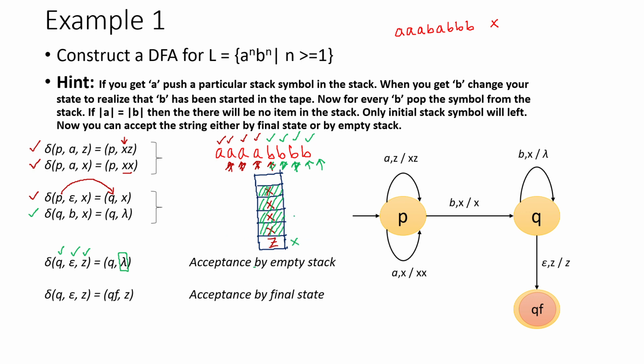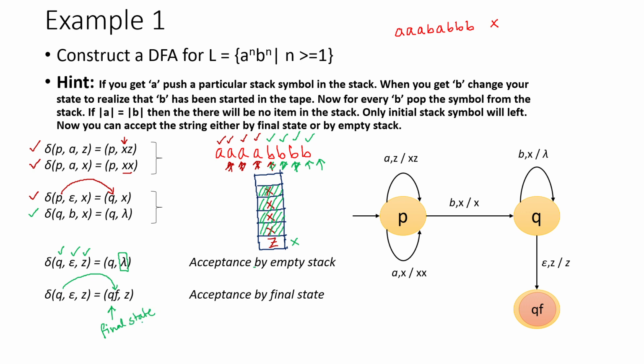So your stack becomes empty. In this way you can accept the string. Also you can accept by the final state, that is you will not pop the Z symbol from the stack, but you will change your state from Q to a new state QF, which is basically the final state,